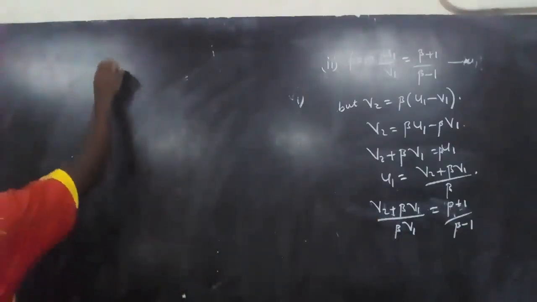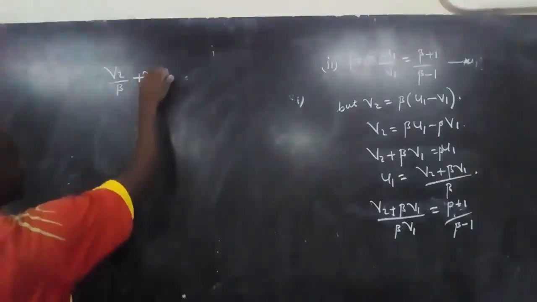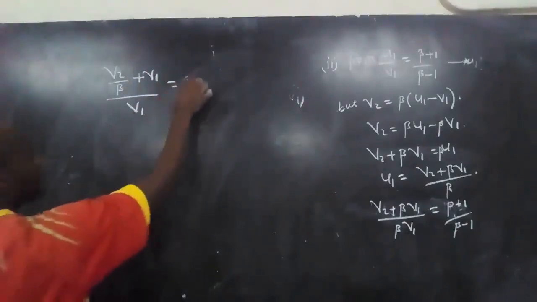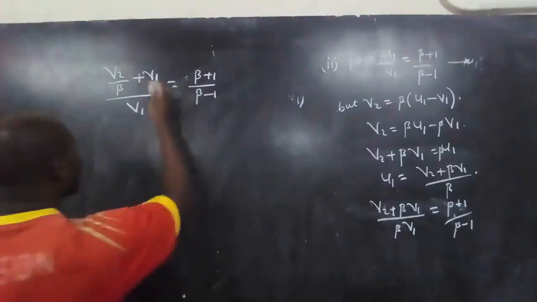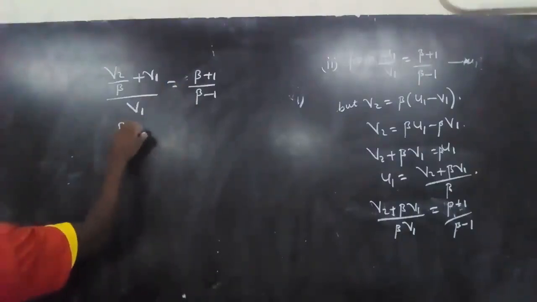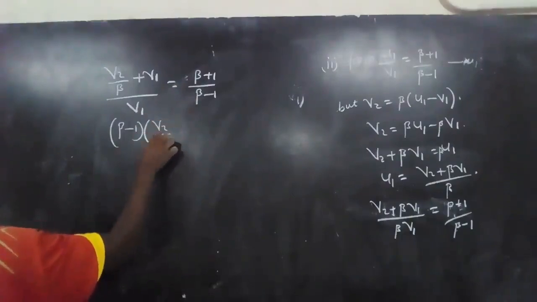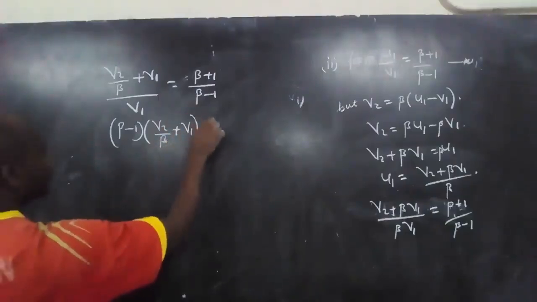So we shall have v2 over beta, okay, plus v1 over v1 should give us beta plus 1 over beta minus 1. Cross multiply. So this is beta minus 1 into v2 over beta plus v1 should give us